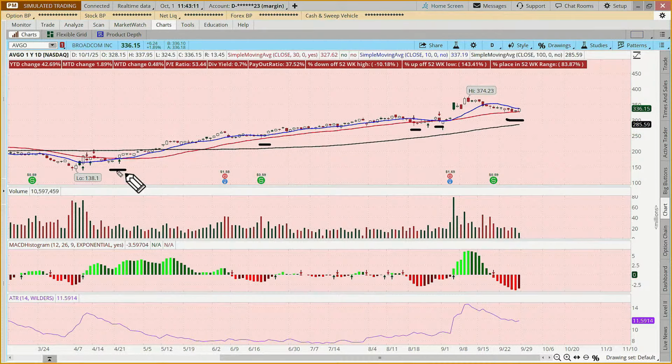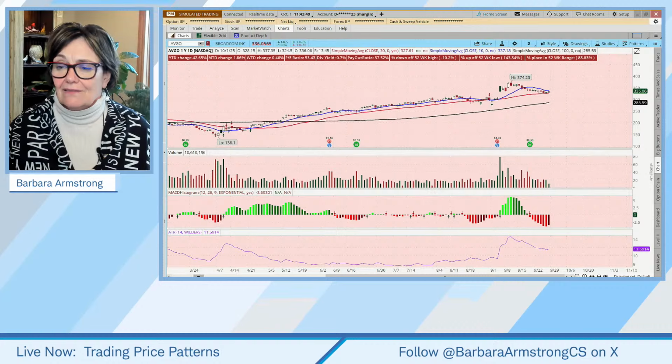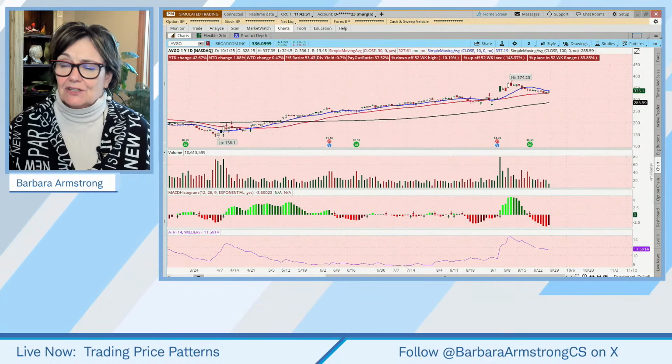And now our stop, if we had bought theoretically back here, has gone from maybe 150-ish to where we put our stop in today at 314. And so now, what we would be doing is not only trying to continue to give it room to grow, but we're trying to protect some of the profit. And so this might be a daily routine that you look at all your positions. It might be a weekly routine, and it might be a monthly routine. There's no right or wrong. But having a routine is critical.